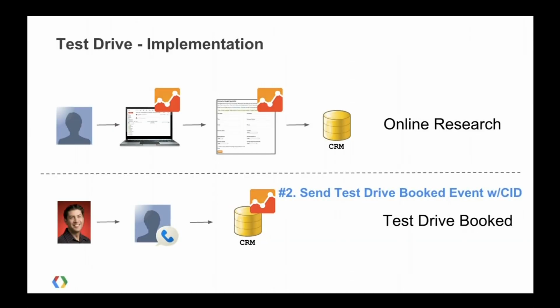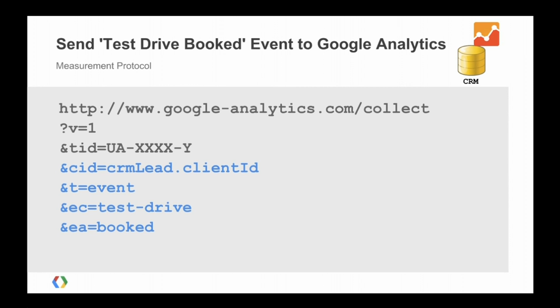Now, the second part is we want to send another event to Google Analytics from the CRM system to indicate that this user has booked with us for a test drive. And that one, it's measurement protocol, which is very simple. At this time, we just want to make sure we pull out the client ID that we saved in the CRM system, that same ID, and we send it along with the hit to indicate that there was an event where the test drive was actually booked. And that will tie back all of that interaction across from the online to the offline CRM system back into Google Analytics, and you'll have that view of that full path.